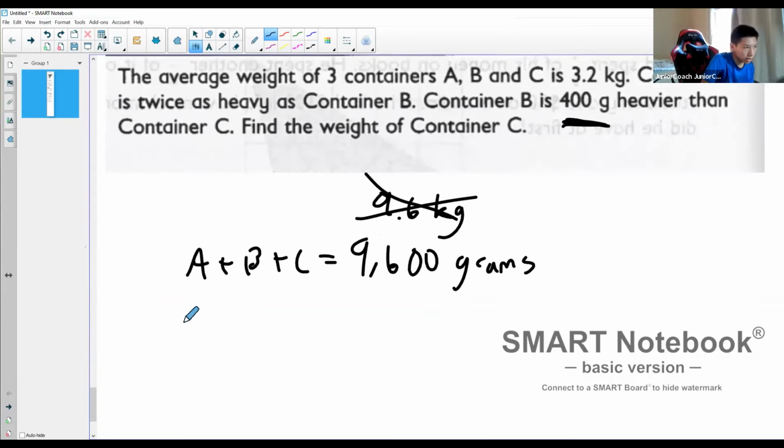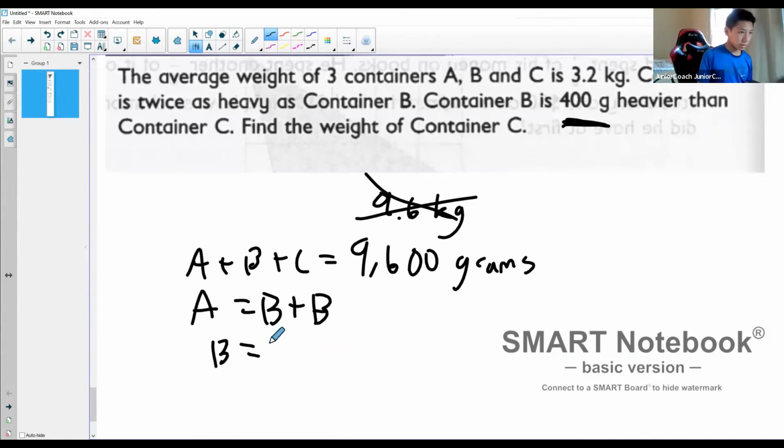We also know container A is twice as heavy as container B, so we can write it as two B's, basically B plus B. This is more algebra, which I don't think we've gotten that much into, but we'll do more on that. And then container B is 400 plus container C. So how do you find the weight of container C? Well, the way we would do this